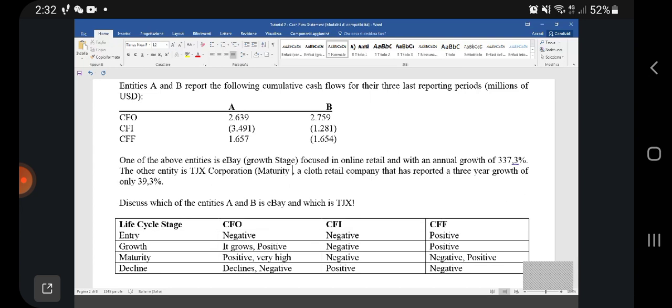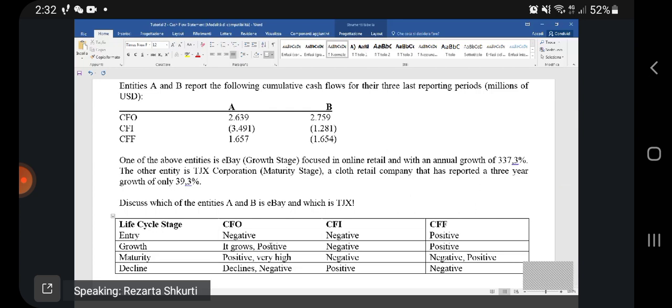Having said that, have a look at the growth stage. What we expect here for this kind of company is a very high amount of cash flows from investing on the negative side, of course,